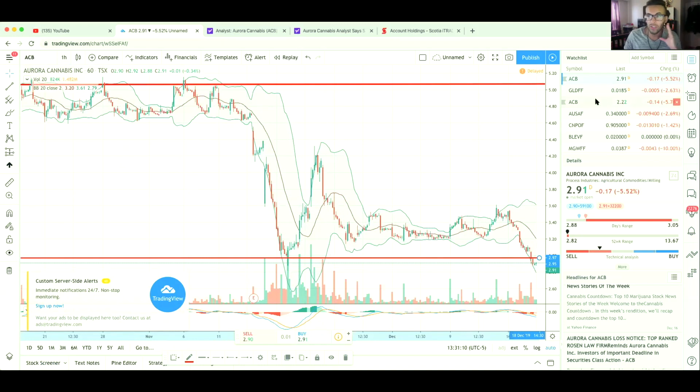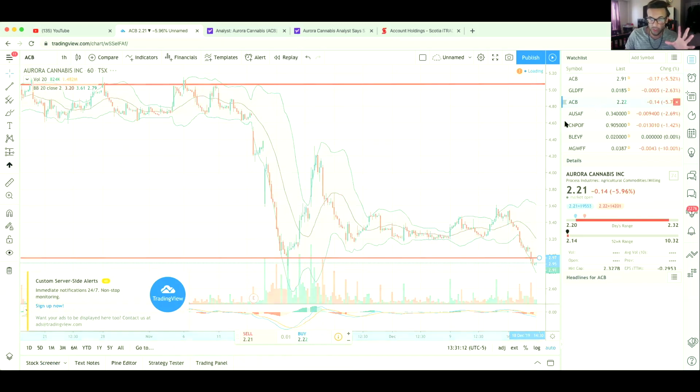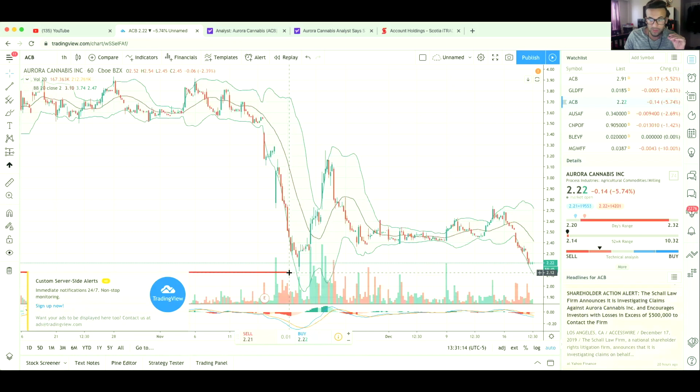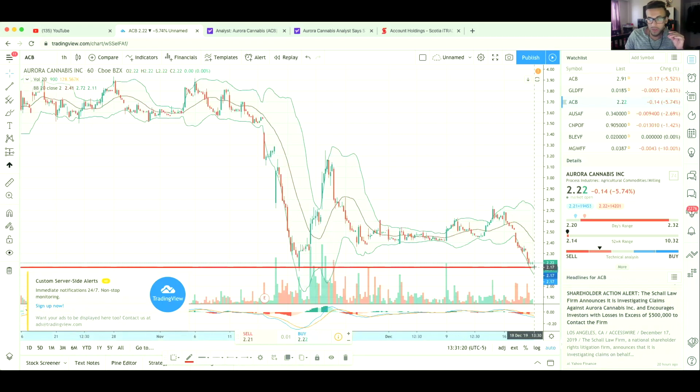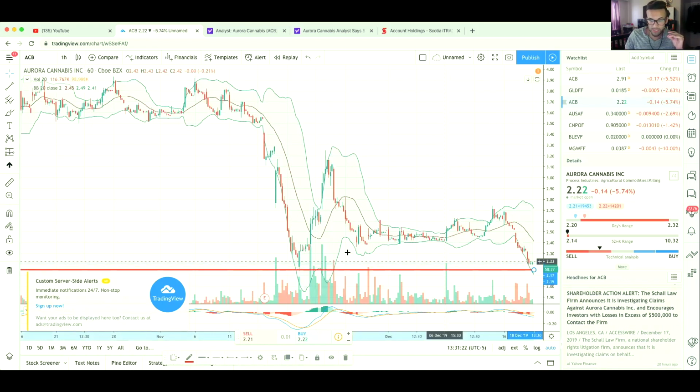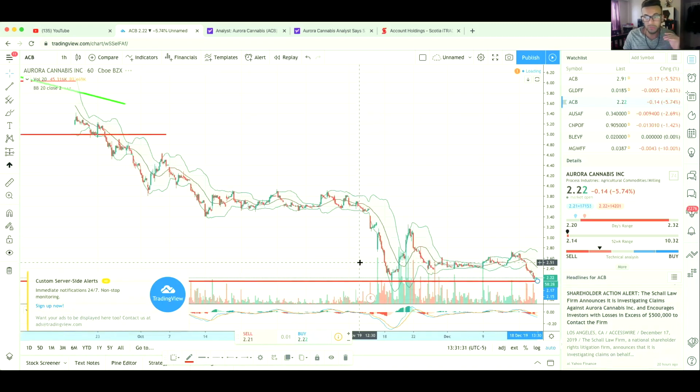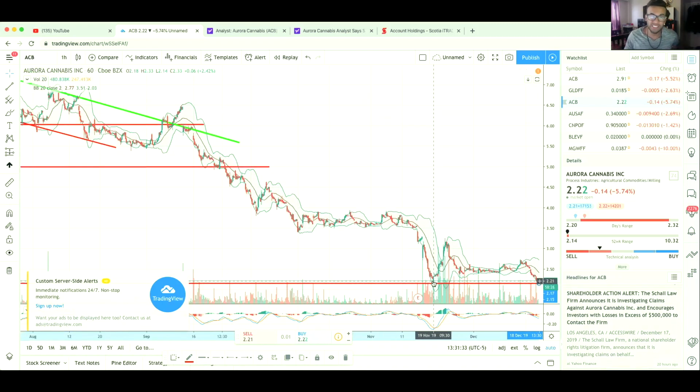We're also going to be looking at American charts real quick. It's almost the same thing. We have a support line right here at around $2. I'm going to say $2.15. I'm going to extend this line because Aurora has pretty much bounced off it twice. So we have a $2.15 support line for Aurora right now, and we seem to be bouncing off it. And according to this analyst, we're going to be breaking way below it and hitting $0.